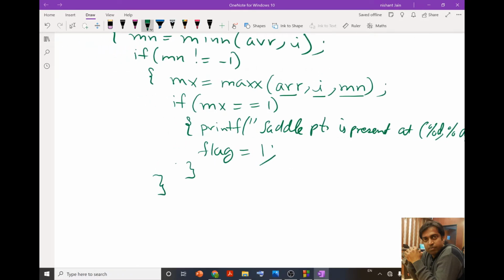then I will end the if of this mn not equal to -1 condition, and then it is the end of if, end of I loop. Okay,